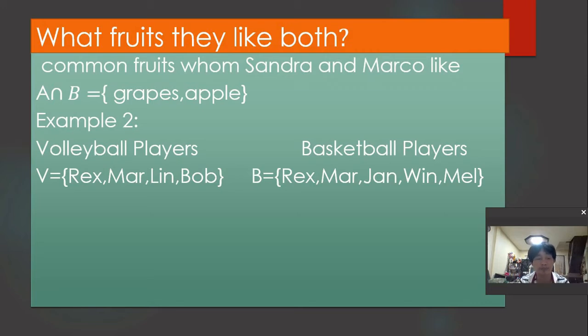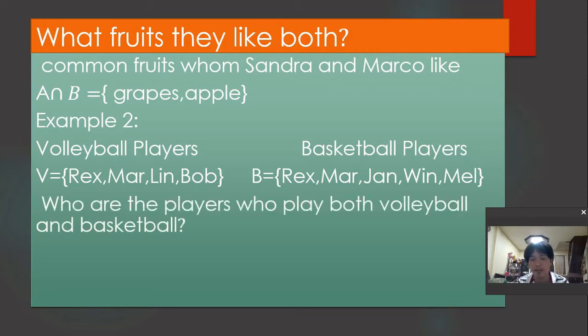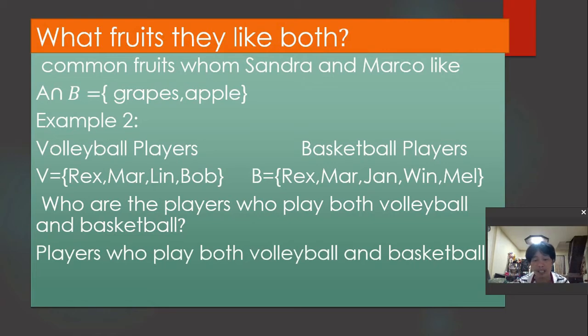So therefore, who are the players who play both volleyball and basketball? Actually, this question is asking about the intersection of set V and set B. The answer is Rex and Mar. Look at Rex and Mar. So when we are to answer intersection, all you have to do is write only those common names